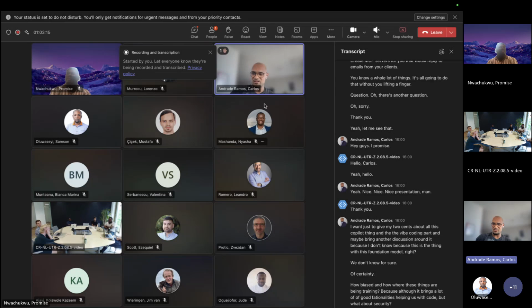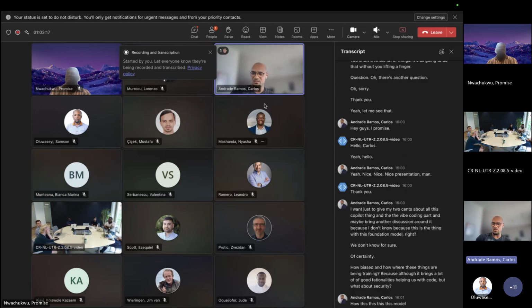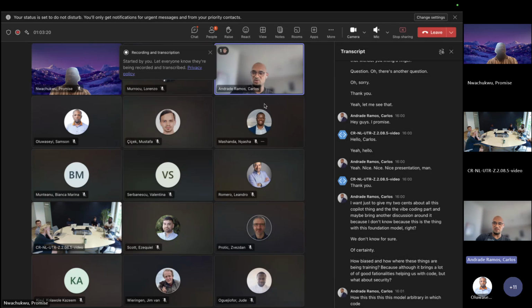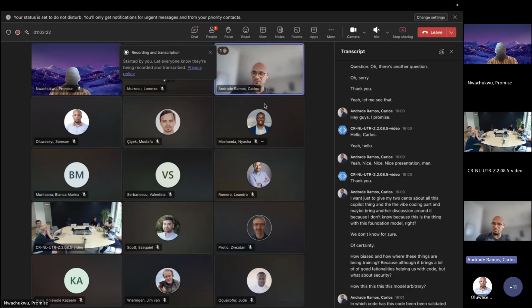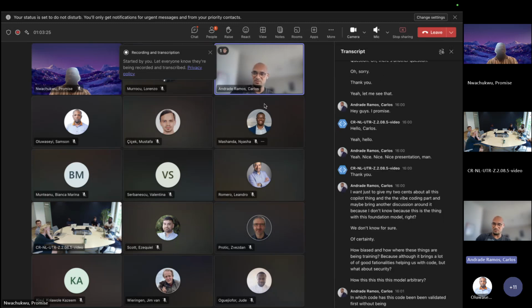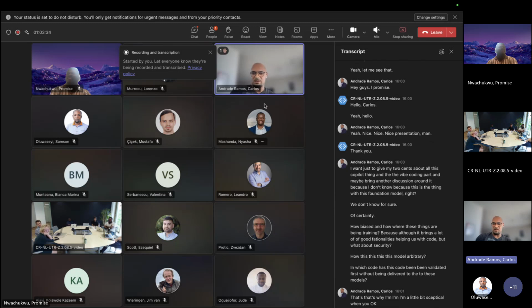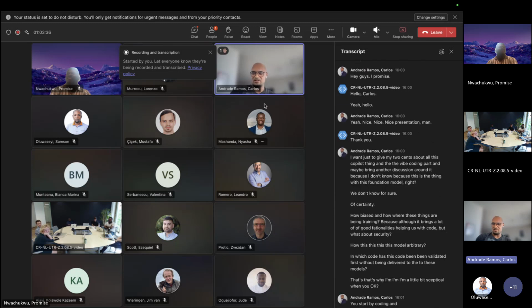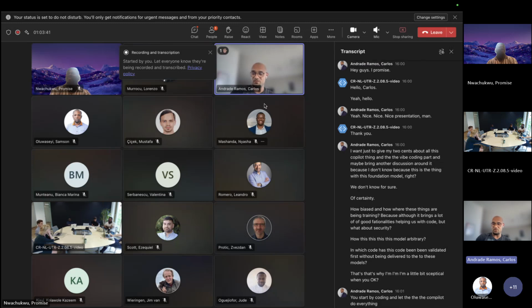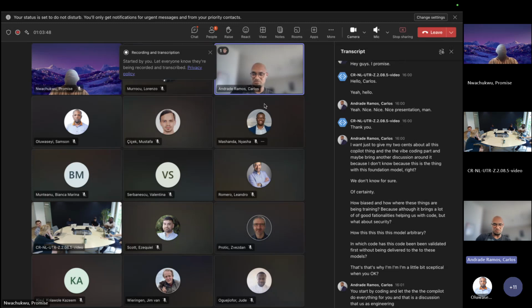How are these models being trained? Which code has been validated first before being delivered to these models? That's why I'm a little bit skeptical when you start vibe coding and let the Copilot do everything for you, and that is a discussion that we as engineers need to have,